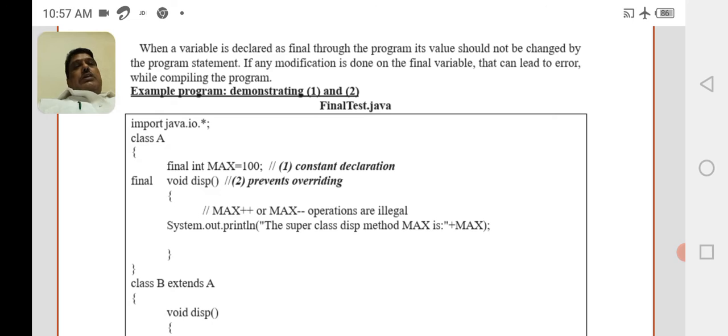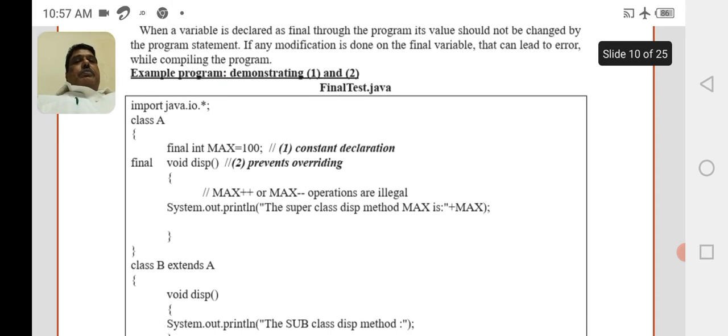Once the value is declared as final, its value cannot be changed in further programming code. And the method void disp is also declared as final. Once the method is declared as final, in the subclasses you cannot have the same method with the same name. So that is the usage of the final keyword.